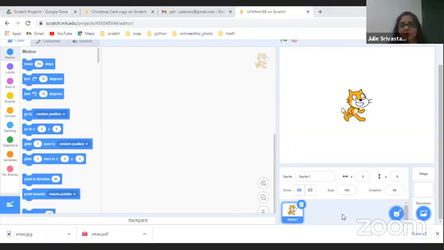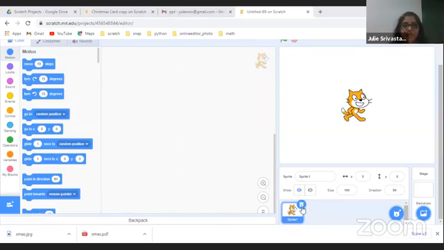What we basically do now is, we delete the cat sprite. We don't want it. I want you to be very careful. Once you start putting your sprites here, I don't want you to click on delete by mistake, because you will delete your sprite and your code both. So you need to be very careful when you're actually moving around here.